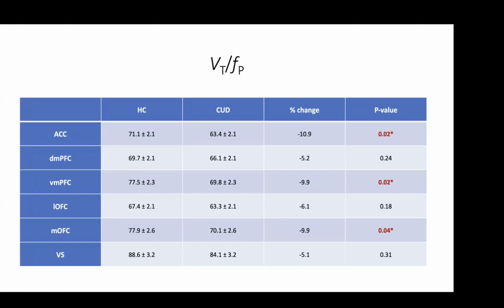prefrontal cortex, and anterior cingulate cortex, ventromedial prefrontal cortex, and medial orbitofrontal cortex. So the difference between the BT and the BTFP is that when we took into account the free fraction of the ligand, the variance of one group was reduced significantly. So by having a lower variance in one group,